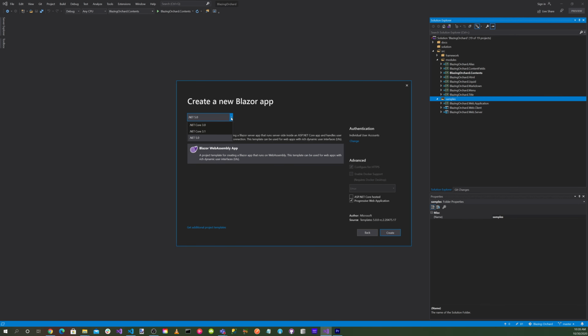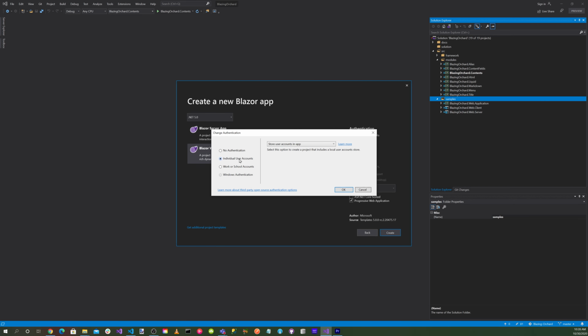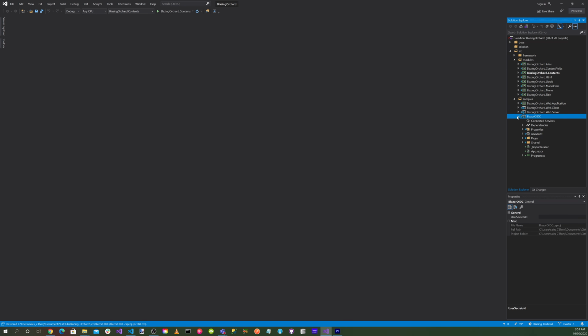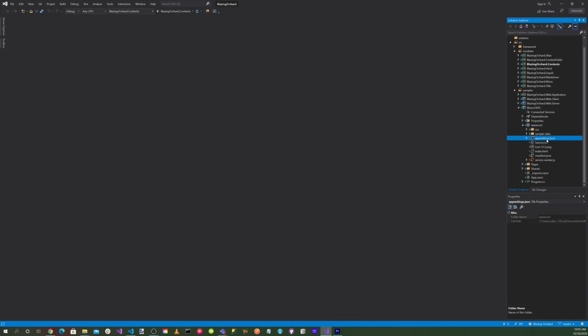Okay, make sure you select .NET 5.0, go into and change your authentication to individual user accounts. Make sure it's at individual user accounts. Make sure that ASP.NET Core Hosted is not selected, and you can go ahead and select Progressive Web Application, hit Create. Okay, great. So the first thing we want to do is go into wwwroot and go into our app